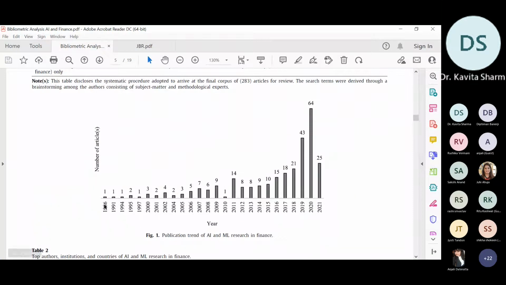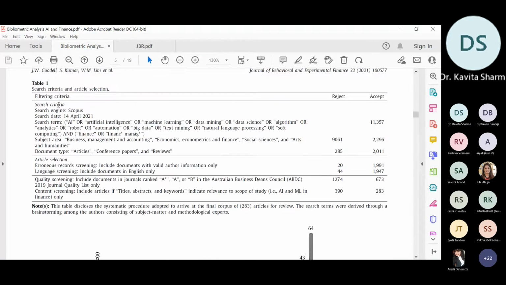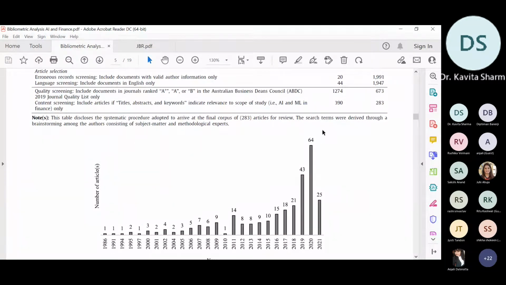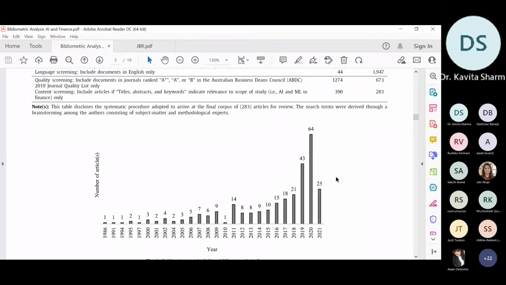This is what you can get from Scopus analysis. In 1986, 1 paper, and in 2021, 25 papers. The data was extracted in, I think, April 2021. At present, if you extract it, it will go beyond this figure of 64. It may be 80, 90 or more publications you will find in 2020 on social media marketing. So this diagram you can create in Excel also. You can just export the data and create your own diagram.